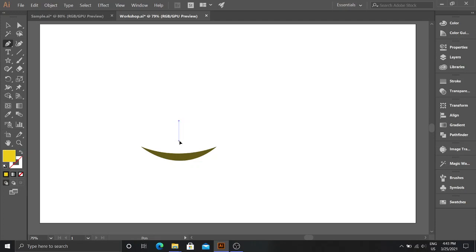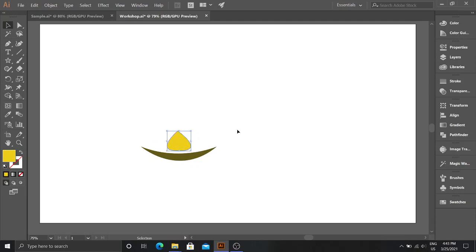So hold down left mouse button and drag out the slope like this. Click on this anchor point. Now this is the top end. Hold down left mouse button and drag it out like this. So this is another shape. Use the selection tool to drag it here.